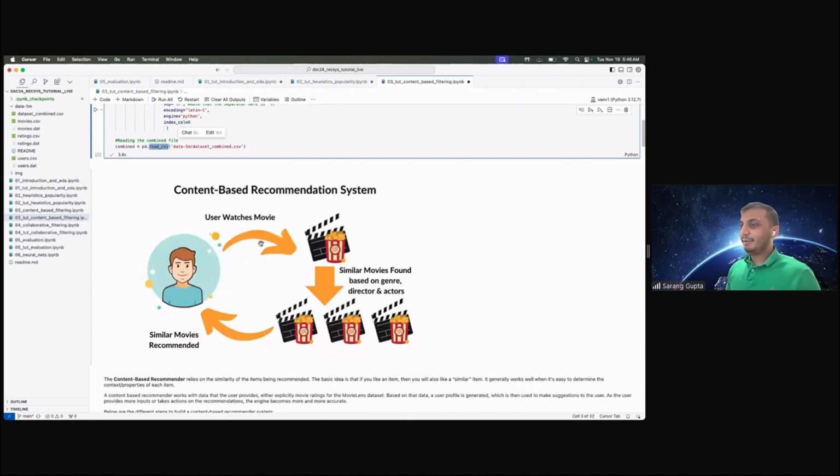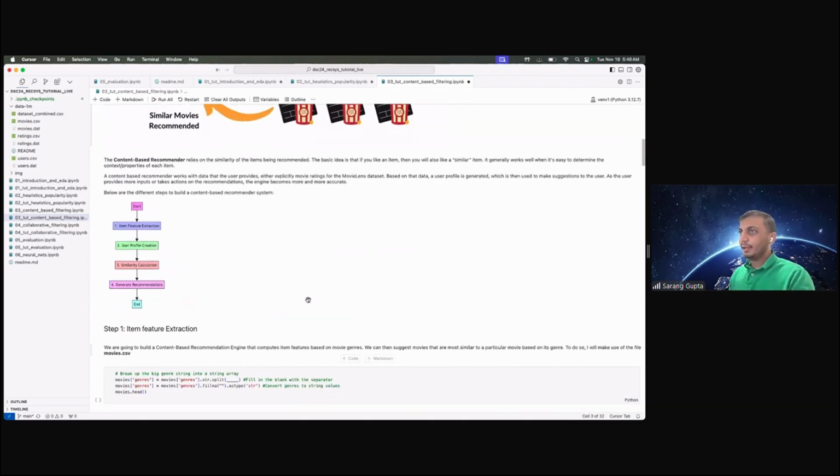And again, content-based recommenders. We talked about the theory a bit, but basically, if a user watches a given movie, we find similar movies based on genres, actors, directors, storyline, and so on, and then recommend those similar movies to them. So you need to hand code those features. Great. Okay. So there are multiple steps that one goes through for building a content-based recommender system. This is a flowchart here. Basically, we'll extract